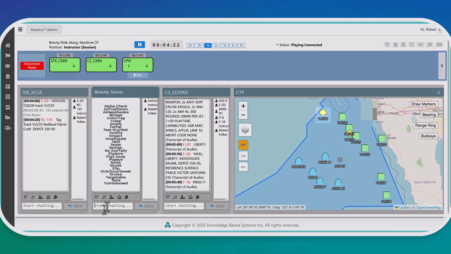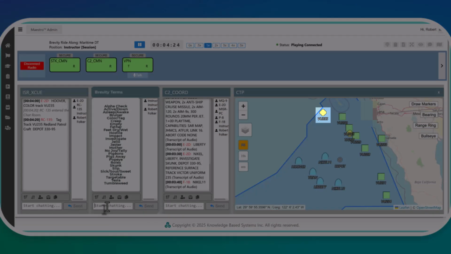Liberty, Hoover, tag track Victor Uniform 235, Redland Patrol Craft, Depot